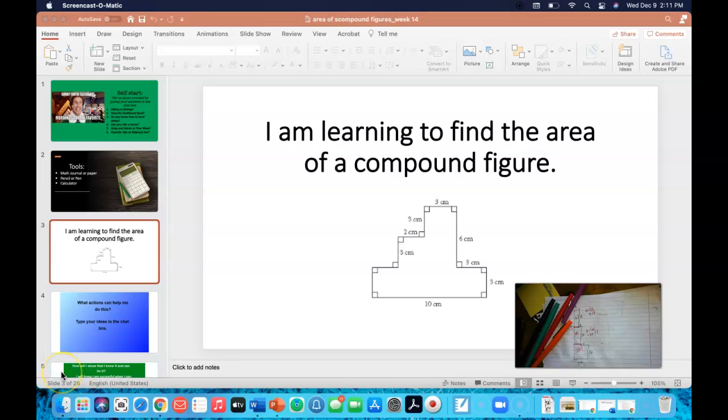So I'm going to show you now how to upload this video to Canvas. So we have to first put it into YouTube, and then we have to put it into Canvas. So I'm going to click the pause